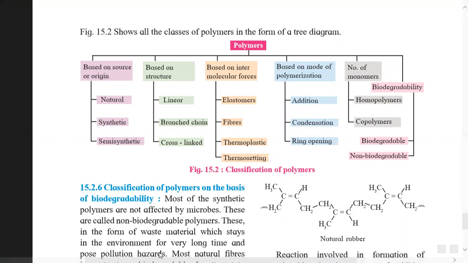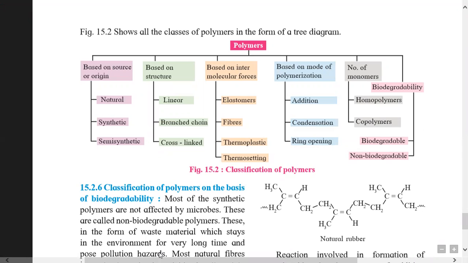Today we will study this classification of polymers. The polymers are classified into six different ways, six different types. First type is based on source or origin. Second type is based on structure. Third type of classification is based on